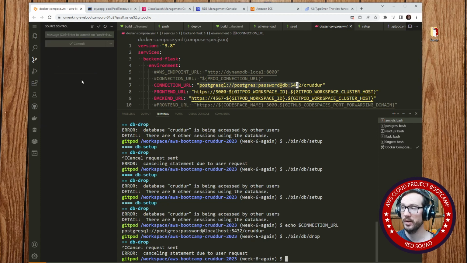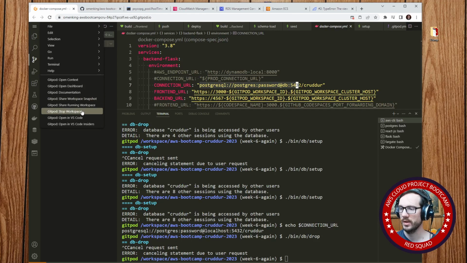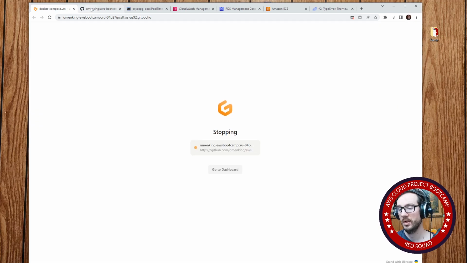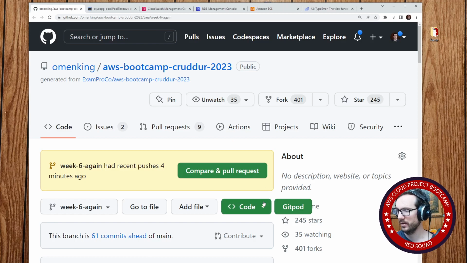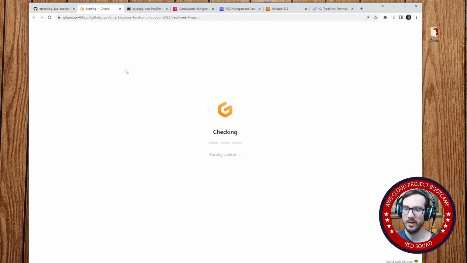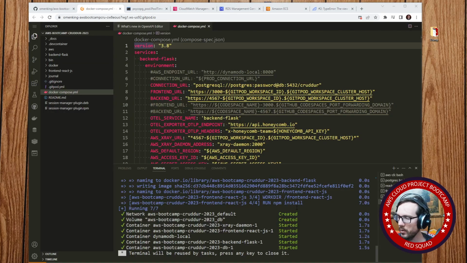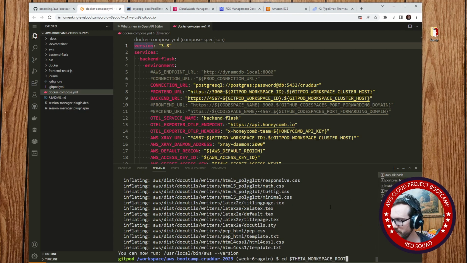That's the nice thing about Gitpod, that you can just tear this stuff down when it's not working the way you want it to work, whereas in local, you'd have to do a bunch of stuff. So we'll say goodbye to that, and I will launch a new Gitpod environment, and I'll see you back here in a moment. I'll get it running up, and we will try this again, okay? All right, so now that that's run, what we'll do is